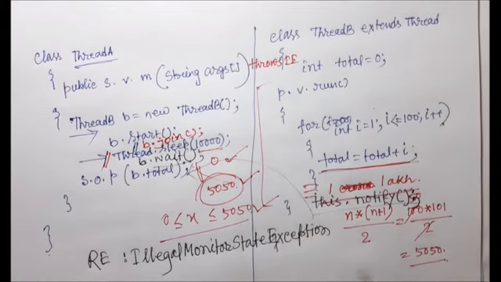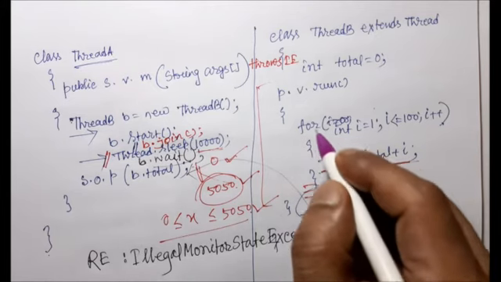If I don't call my wait method or notify method inside a synchronized block, then I will get an exception called IllegalMonitorStateException. So every time we call the wait method or notify method, we have to call it within a synchronized block. We have to synchronize this block of code. When I want to get the output, I have to synchronize this method. Here I want to synchronize this one.